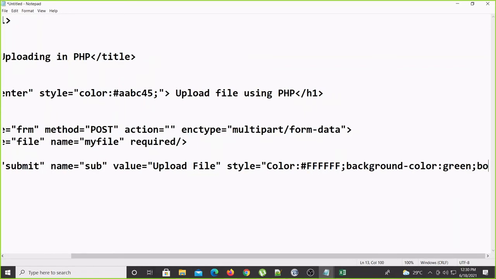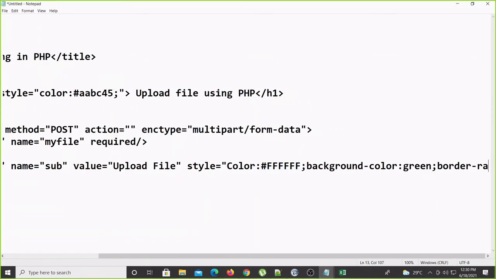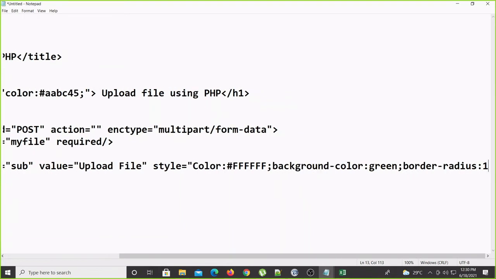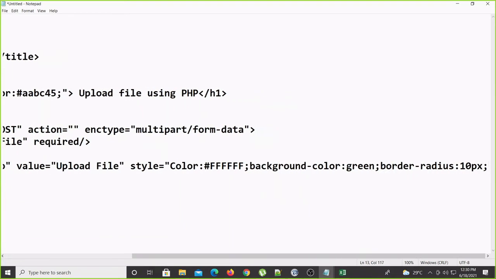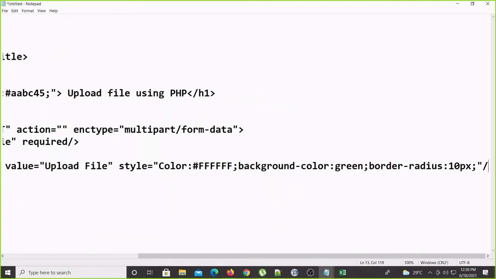Border radius, if you want, you can give border radius also. No issue, this much is enough.